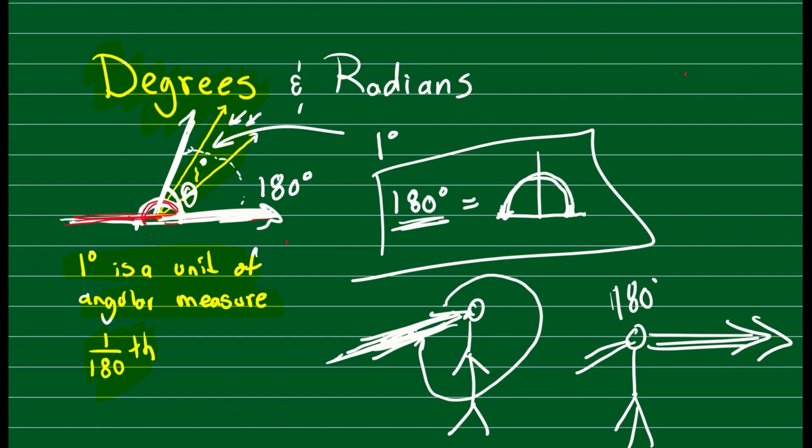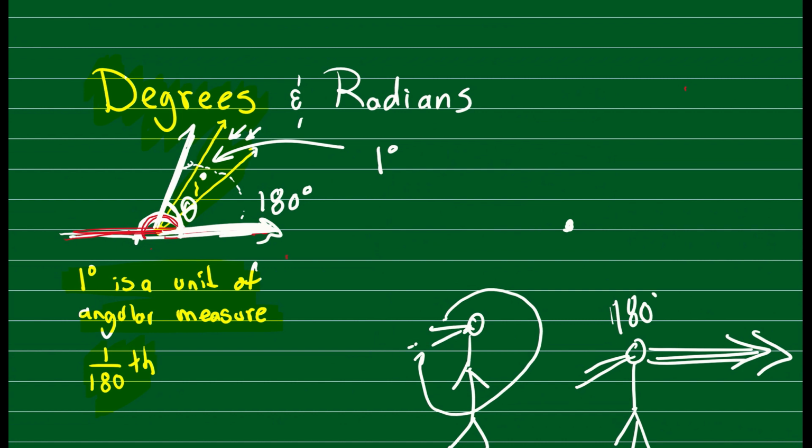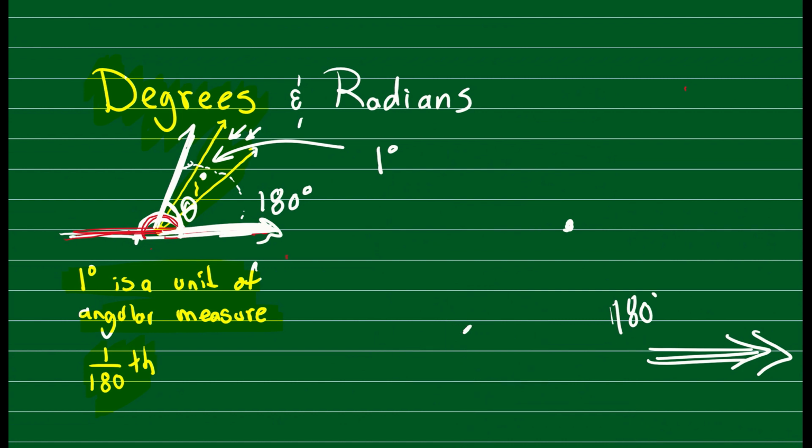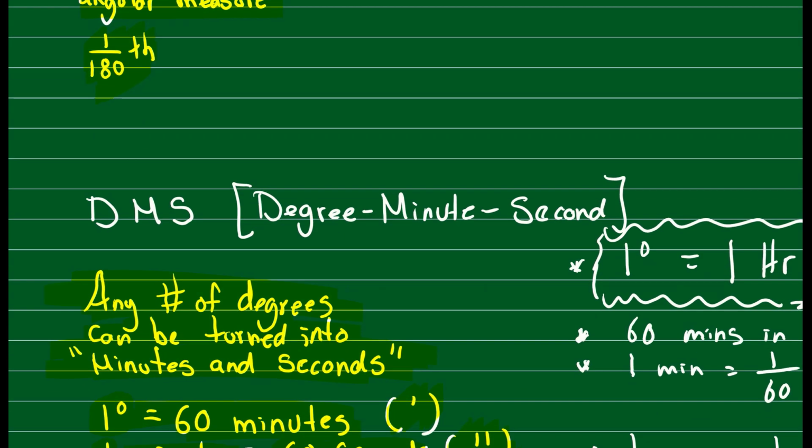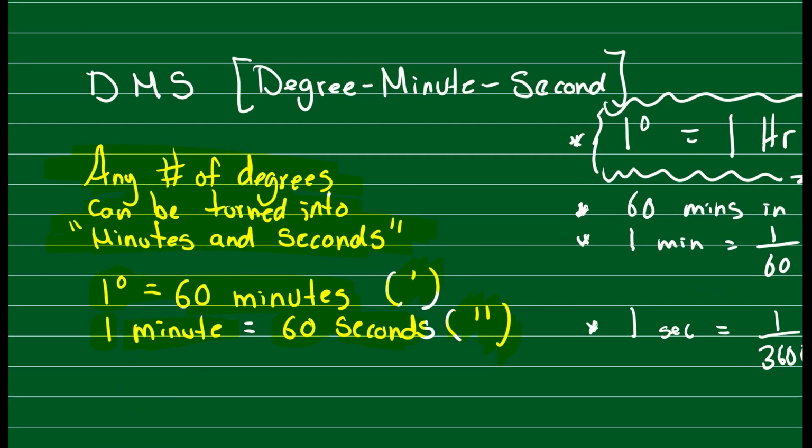But anyway, let's continue talking about minutes. So let's see, degrees. Why are degrees really helpful? Because degrees help standardize any type of measurement, and these measurements are really important when you're dealing with this type of curvature and angles. So let's go into DMS. What is DMS? DMS is degree